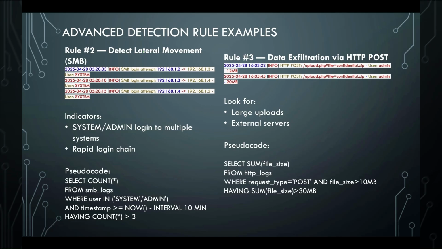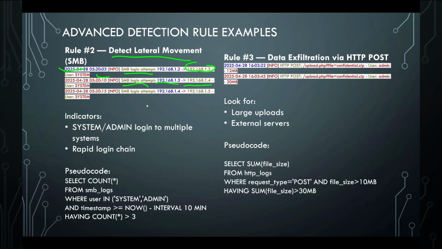All right, so the next example rule we have is detecting lateral movement. The objective will be to detect when a user is accessing systems they should not normally be accessing. This could be a common sign of lateral movement during a breach. Here we have some logs with a timestamp and the info, the SMB login pattern from 192.168.1.2 to this system, and the user is system, and another log says accessing IP from this system to this system,